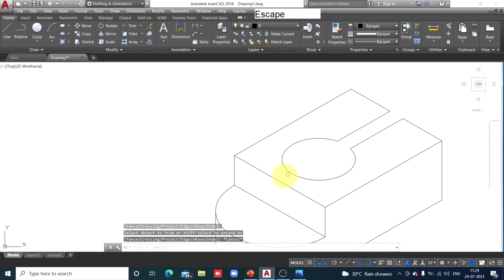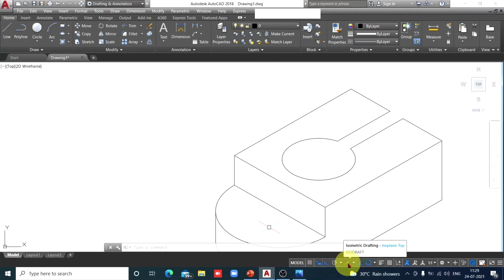Now remember, corners are formed by 3 edges. Here is a corner at the top surface formed by 2 edges, parallel to width and parallel to length. Now from this corner, parallel to height, there is an edge. Now check which plane you have chosen right now, iso top. So top means the length and width; the height axis is not visible here.